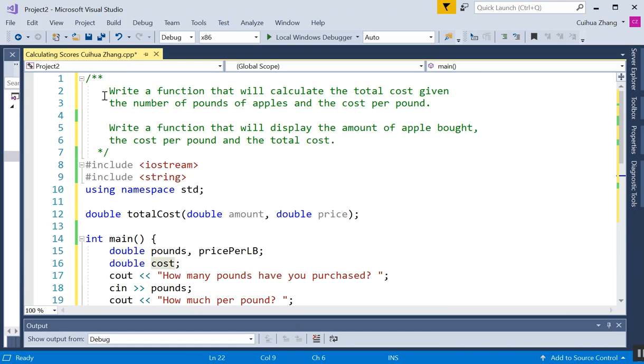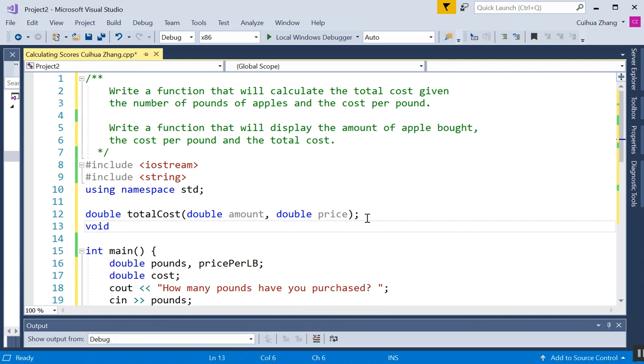That function is done, and now write a function that will display the amount of apple bought, the cost per pound, and the total cost. So if you look at this, we need three pieces of information: amount, cost per pound, and total cost. So do we need to return anything? No, because it simply says display, right? So our function can be a void